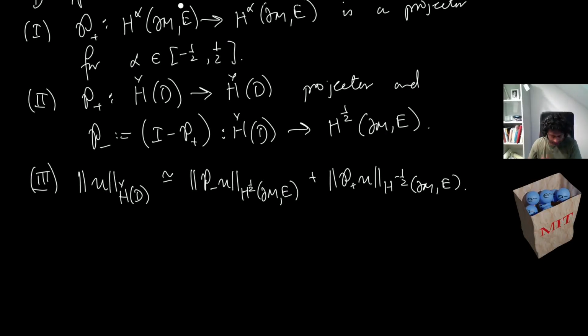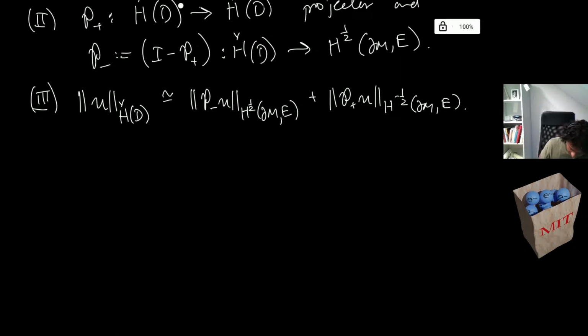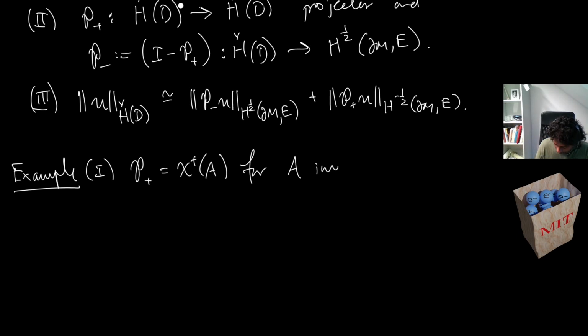Okay. So we've seen plenty of these, right? This is just generalizing what we've already seen, but let's list them. The first example I want to list, and second example is really the historical one, but the first example we've already seen. We take chi plus of A for A an invertible bisectorial